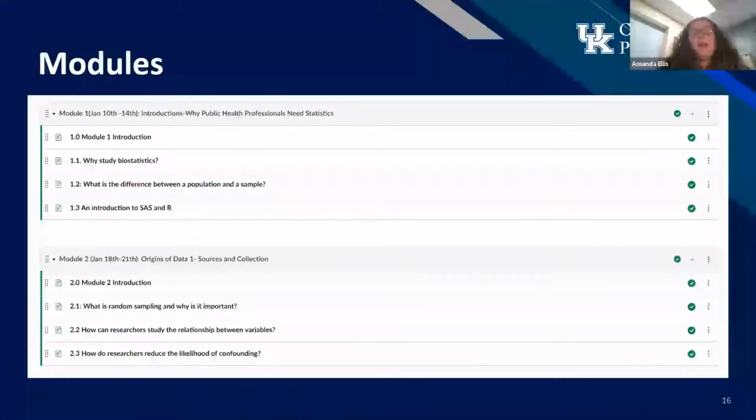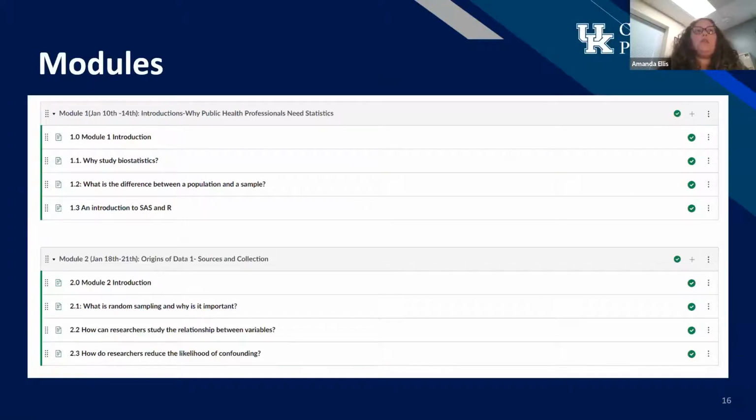Course was divided into modules, and each module was 1 week of work. And so one of the things that I found that students really like is they like structure and consistent pace. And so each of the modules in the course were split into 4 sections. The first one was just an introduction, and this was usually a video of myself, very short, about 5 minutes long, just telling students what the primary goals for the week were, what they could expect for the week, and just giving them that introduction.